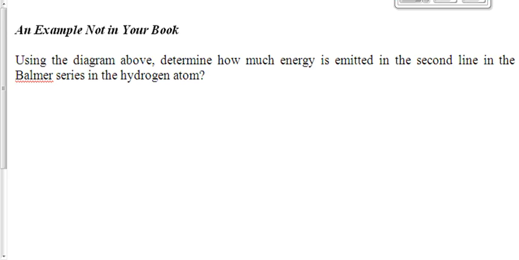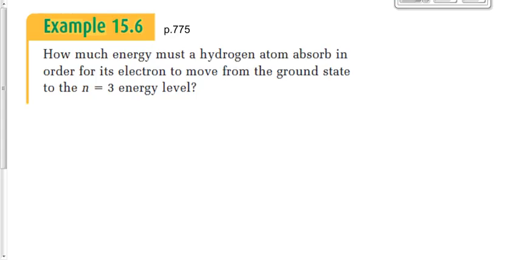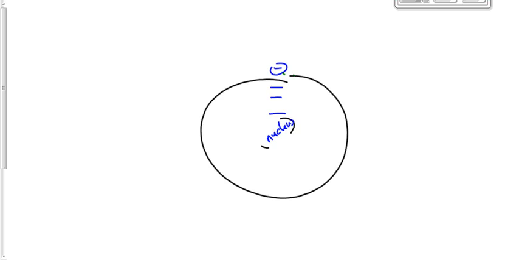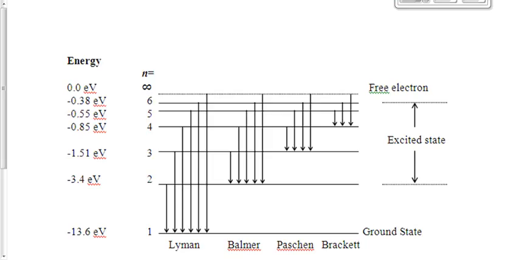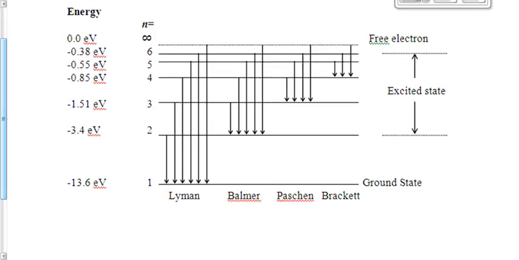Different numbers. One more. How much energy must a hydrogen atom absorb in order for its electron to move from the ground state to the n equals 3 energy level? From ground to n equals 3. So we're going from level 1 to level 3. We're going to subtract negative 1.51 minus negative 13.6. Okay, it's the final minus the initial. And when I do that, I'm going to get